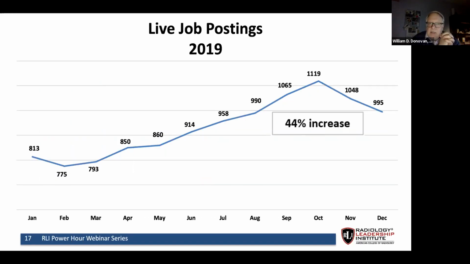So in 2019, the job postings went up and up and up. And I can attest in our group that it seemed like business was booming and we were on an upswing, and we would definitely have been interested in hiring people. And we were interested in hiring people. And then there was a bit of a slowdown as winter came, and also as maybe fellows and residents started accepting jobs from July to October. So the numbers went down a little bit toward the end of 2019.